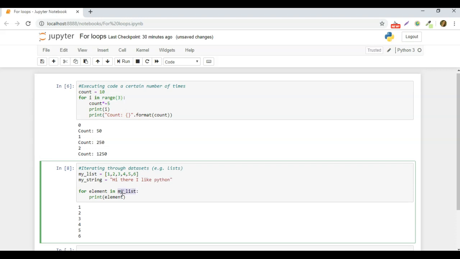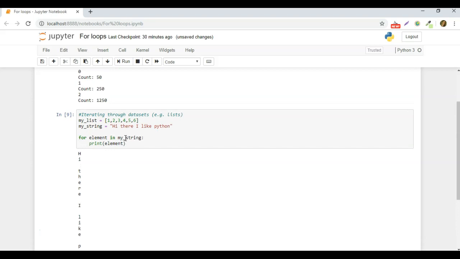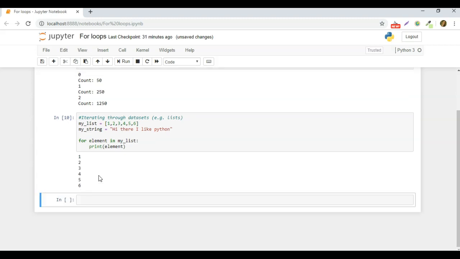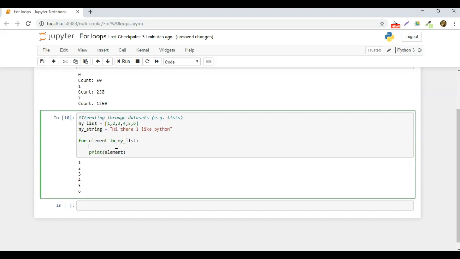So if I change my list to my string, you'll see that it outputs each character one at a time. Obviously that doesn't have as much use as using a list a lot of the time, but it's there if you need it. So not only can we iterate through a list like that, but we could also make changes to the elements. So for example, we could print out element, or we could just print out element